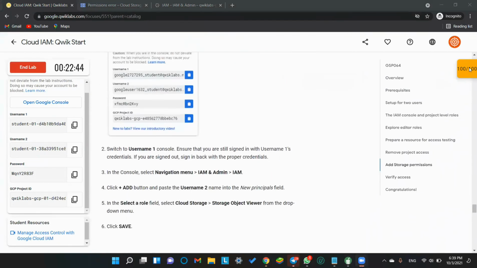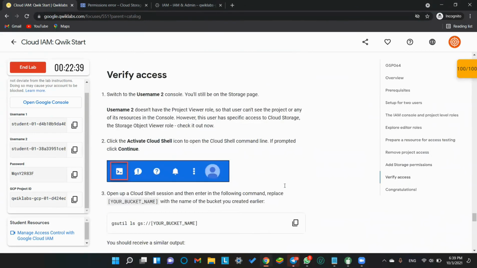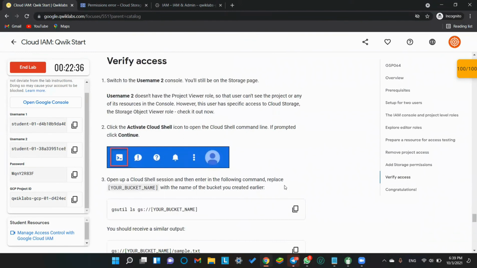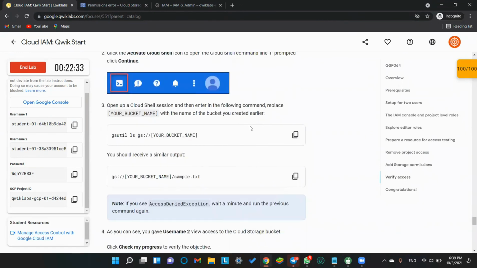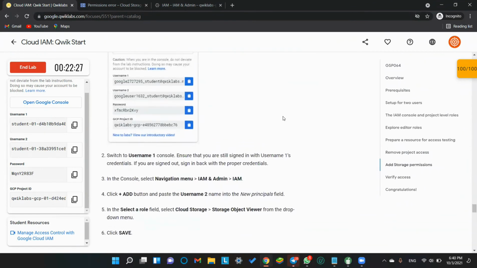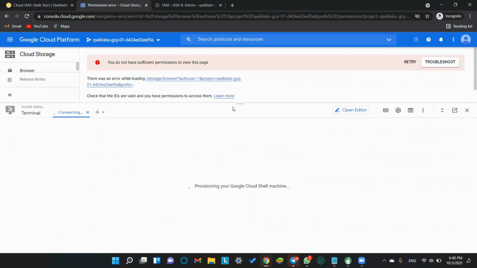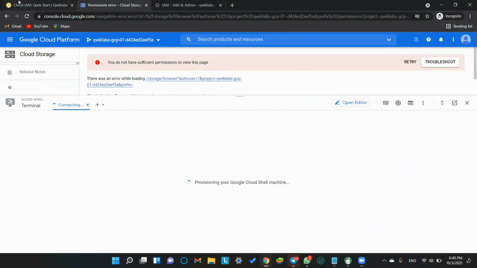Okay, I have noticed that we have already completed our quest, which is 20, 40, 40, a 100 score. This fourth part is actually a bonus, so it doesn't have any points or marks. Our quest is already completed, it was still adding storage permissions. So now what we are doing is a bonus part. I didn't even realize this. It is fun actually. It is provisioning.